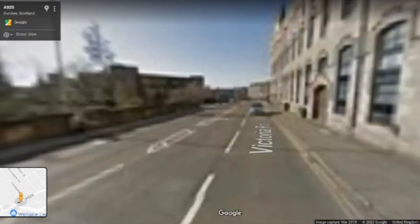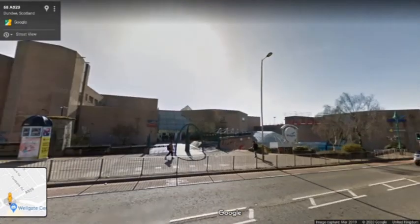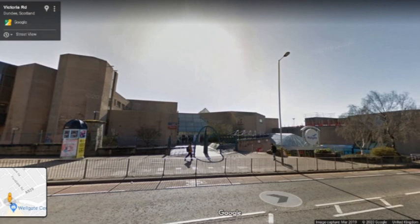Right, and so we're back onto Victoria Road. And so we're just heading back to Dundee Central Library where we started part 1. So a relatively quick one that,